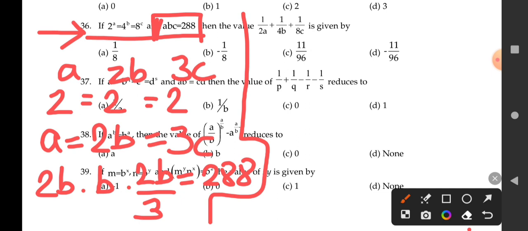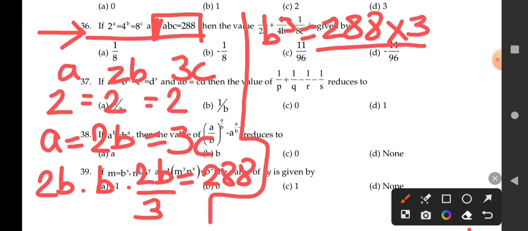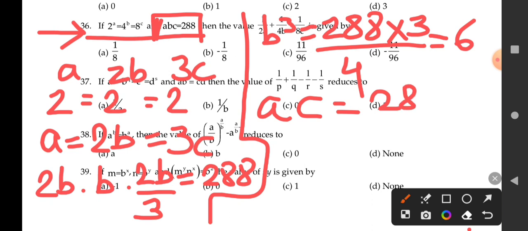So what do we have? b cube is equal to 288 into 3 divided by 4, which is equal to 6, right? So now substituting 6 and finding out what is c, right? So ac is equal to 288 divided by 6, which is equal to, use your calci, 48,